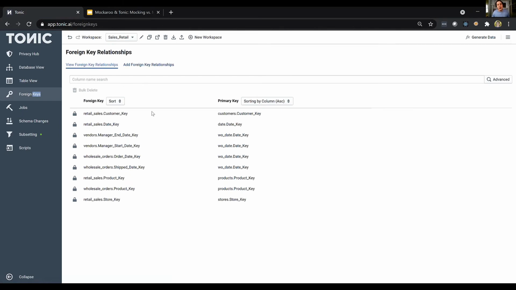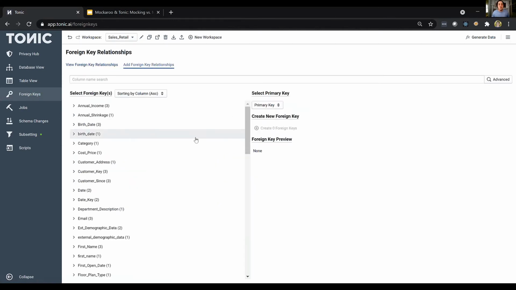So here we can see all of the foreign keys currently existing in the system. These are in the database itself. And then we can add additional virtual foreign keys via this UI as well. Today, we don't need to actually do that because our database does have foreign keys, but oftentimes your database won't have foreign keys either because it wasn't a good move from the design or architecture decision, or you could be working, for example, with a data warehousing database that just doesn't support the notion of foreign keys at all.